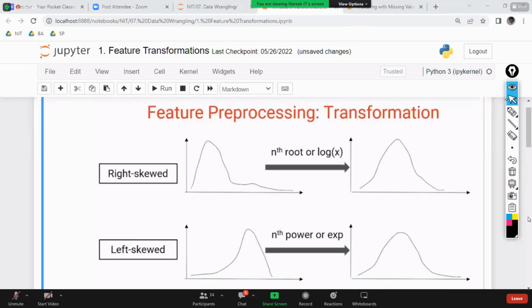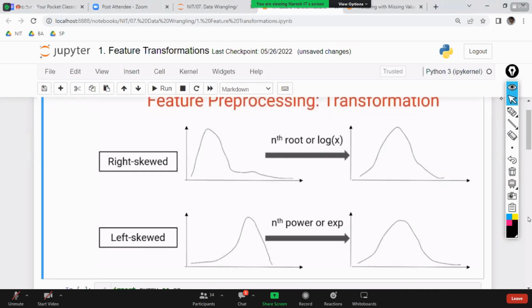Okay, it is a normal distribution, and based on that only everything they have created. Now here, if you have a right skewed distribution, you have to convert to normal. If you have a left skewed one also, you have to convert to normal. Any distribution you have to convert to normal. How to convert to normal: for right skewed distributions you are going to apply the nth root for that